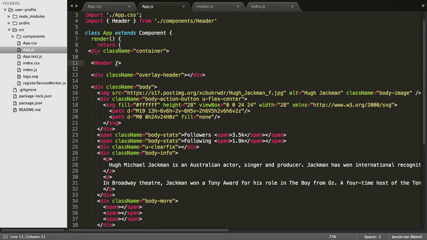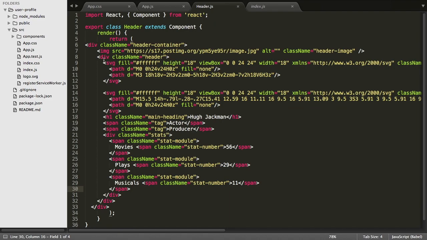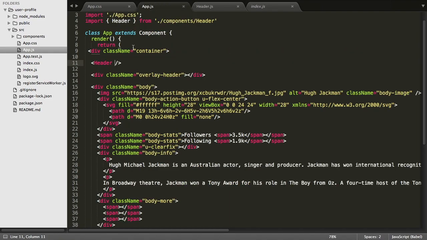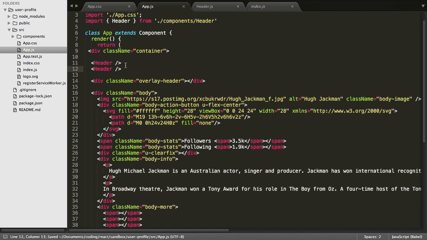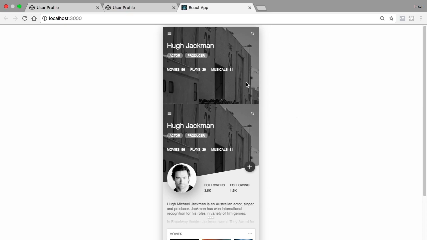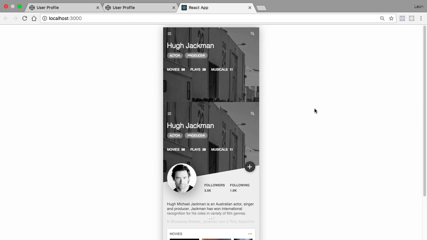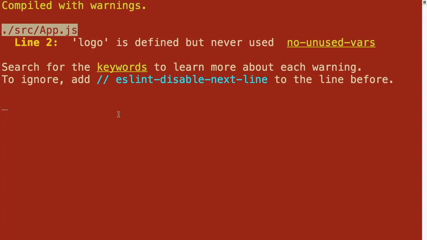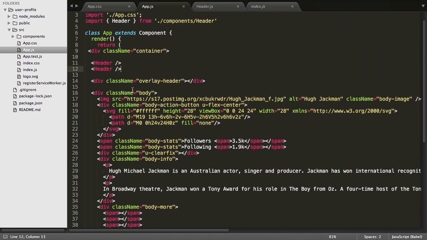So now, back into our component, you'll see that whenever we call the header component, if I put two of these and I save it, you'll see in our application that we actually have the header twice. That's the point of this. This is so we can make it reusable and use it as much as we want or as little as we want. So now I go back